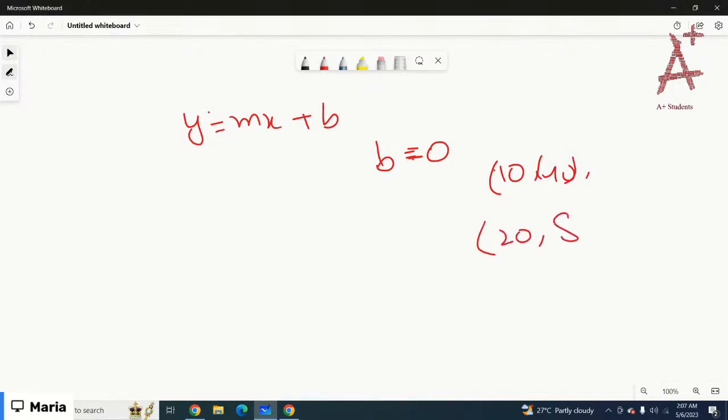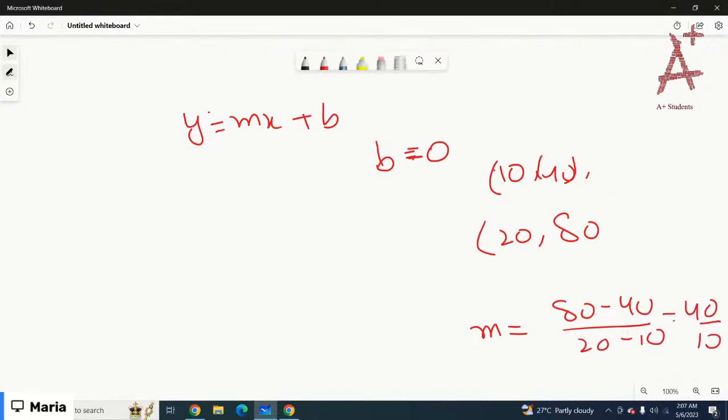And 20, 80. Okay, so let's just calculate the slope. 80 minus 40 and 20 minus 10. So 80 minus 40 is 40, and 40 divided by 10 is 4. So that means the slope of the graph is 4. So the equation would be y equals,